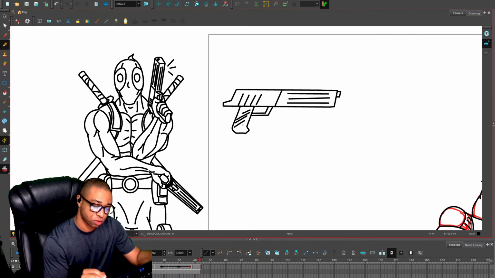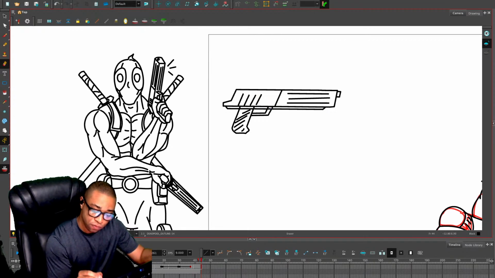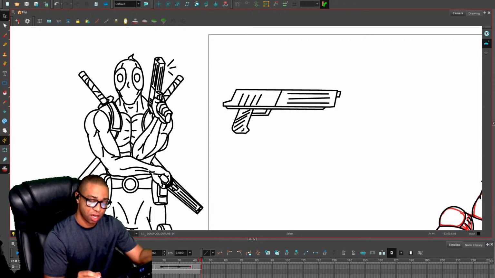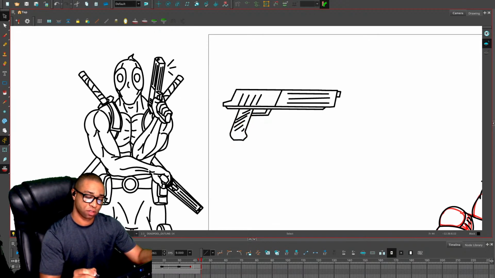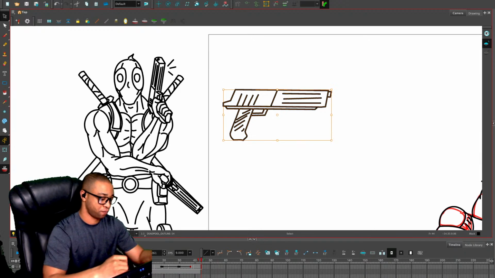Let's go in this direction. I feel like there was supposed to be some more that goes down like this. I'm going to do it anyway. Boom. Actually, the hilt can probably come down just a little. Hilt? Is that the right word? Handle? I'm going to say handle is the right word. Probably shrink this up just a little bit more. Seems like it's just a little too extra long. Save.